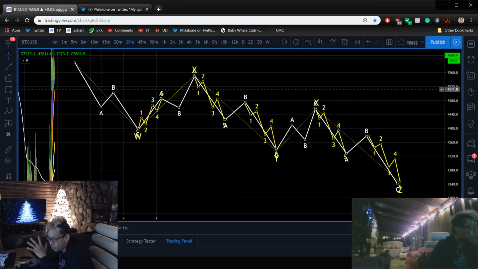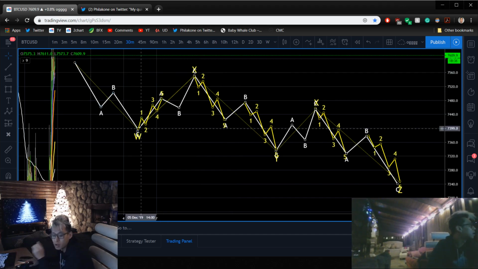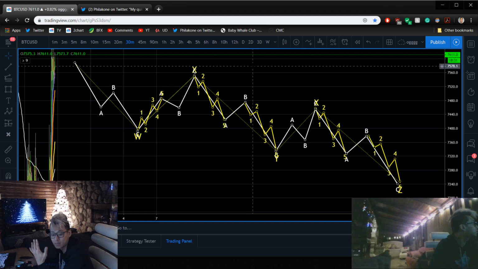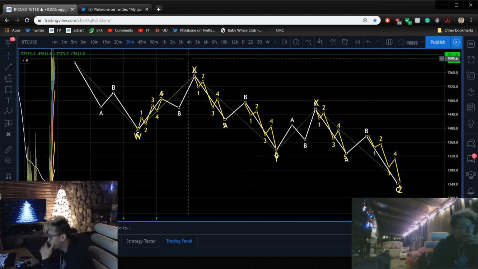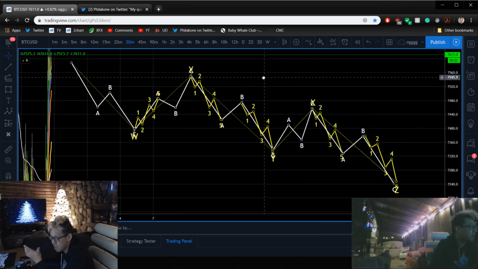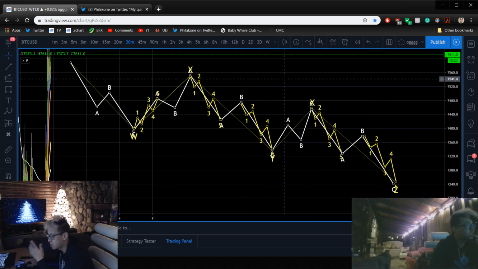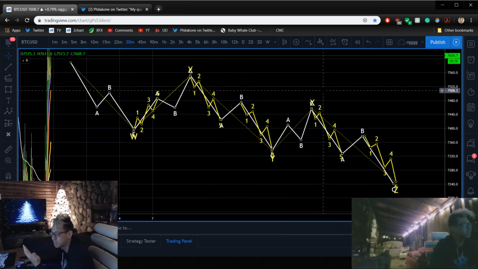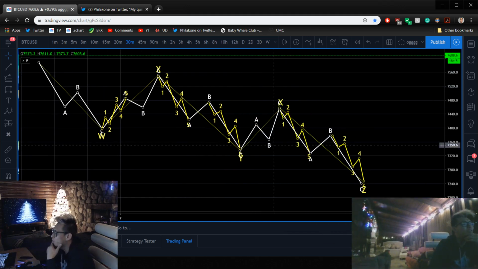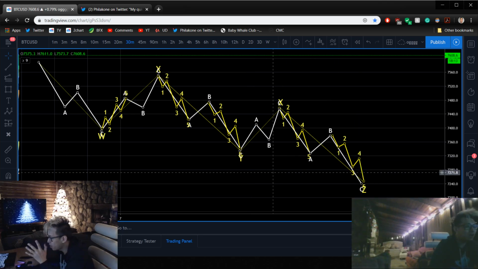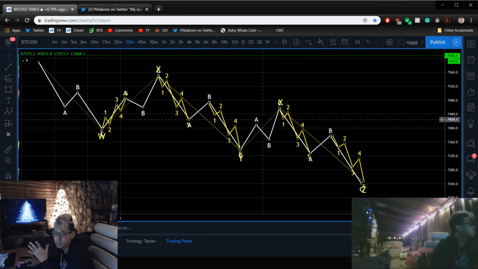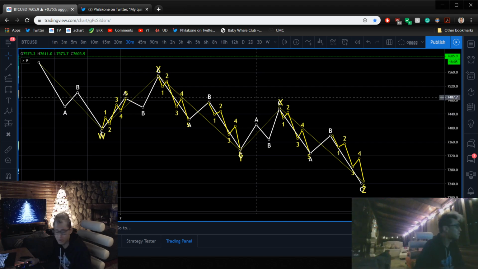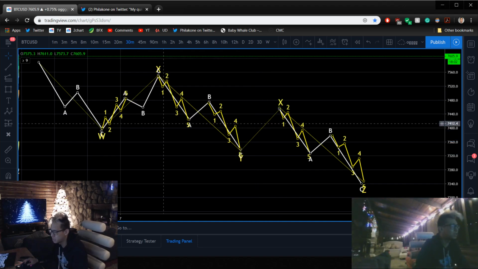So now we got, first of all, coming from the upside here, we go to the W. The W is where the X ended up failing, but it attempts the impulse wave going to the upside. And then we get the ABC to the downside, because now we get the double correction. A double correction occurs when there's an X failure, because the impulse wave simply did not make it past any type of impulsive move. And then once the Y ends, we get an impulse wave attempted to the upside. I just call it ABC because it's very simple. It could be even on the 5th wave that failed as well, right? We don't know exactly, but